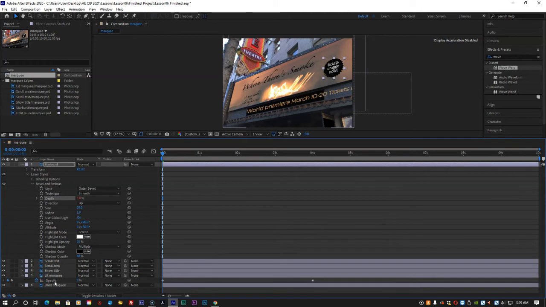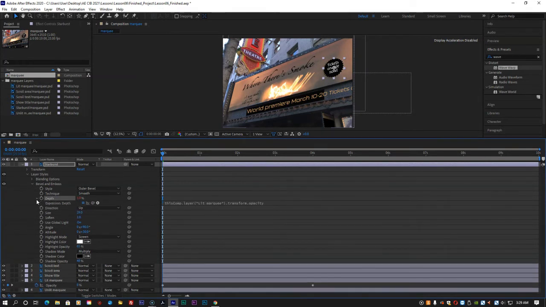Expand the depth property for the starburst layer, and an expression in the starburst layer time ruler now reads thisComp.layer("lit marquee").transform.opacity. This means that the opacity value for the lit marquee layer replaces the previous depth value of 105% for